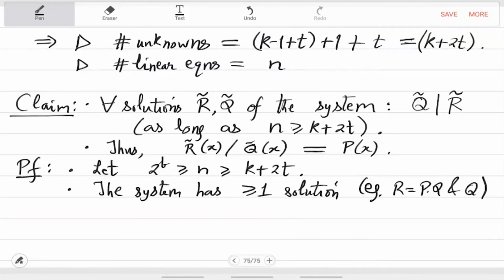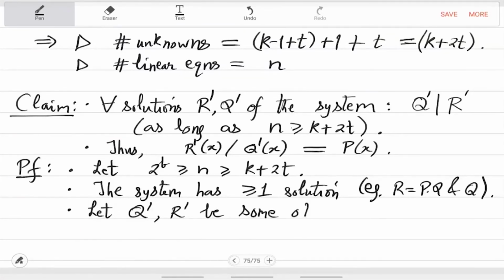So the error locator and error locator times the original function is, by definition, a solution of this linear system. So it is a feasible system, it is not infeasible. Okay, let me change that tilde to prime. So let Q prime, R prime